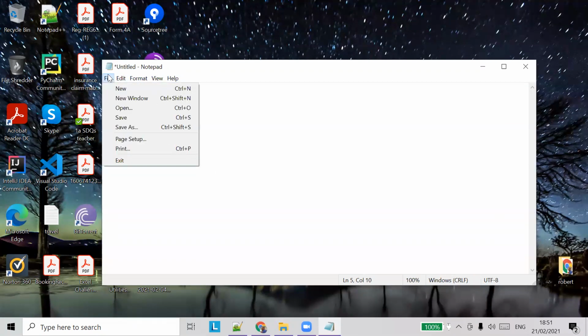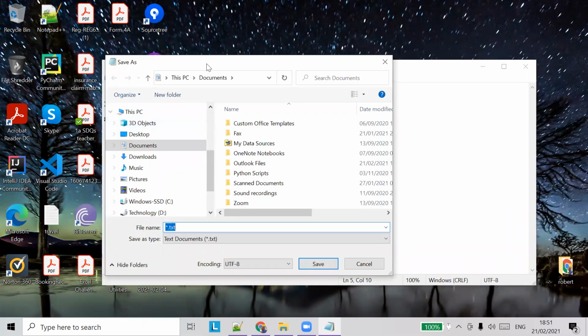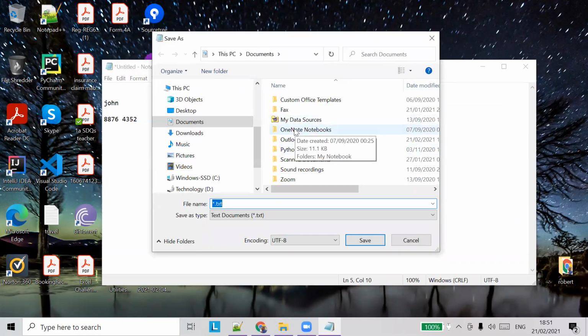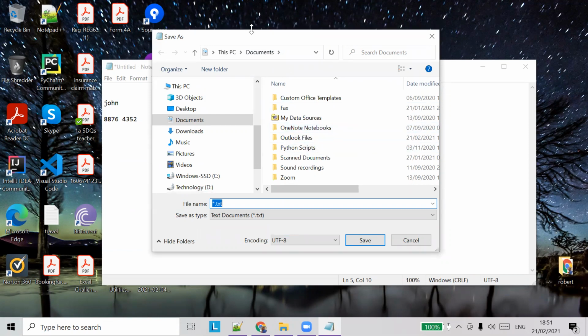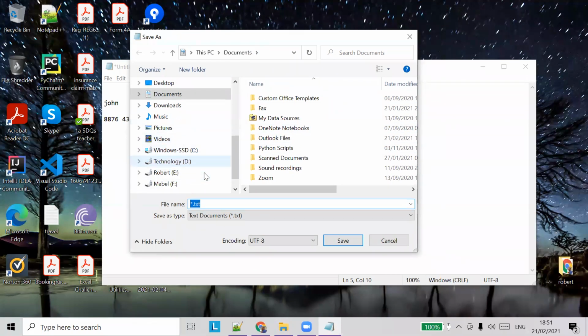In the toolbar there is a menu called File, and in File there is an option called Save. Click on Save, and it will ask the location where you want to save your file. Last week we saw what drives, folders, and files are.